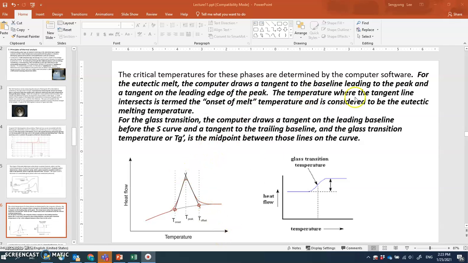The temperature where the tangent lines intersect is termed the onset melt. Okay, onset melt. That's detecting the melting temperature. Okay, onset, offset. So that's how they determine the temperature right there. And for the glass transition, the computer draws a tangent on the leading